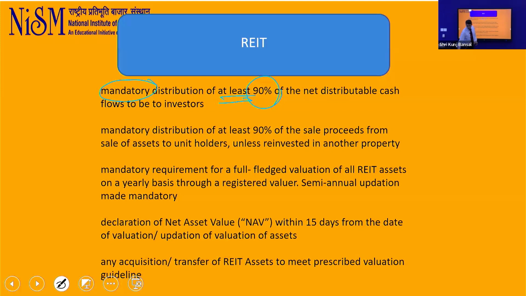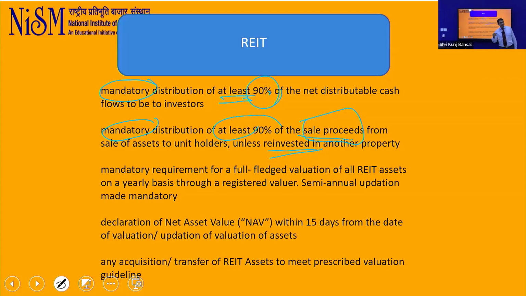Okay, rebuy, new property investment, better assets. Yes, they can do all that, but if they don't have any scheme giving negative returns in REIT, the answer is no. Coming back, if they don't buy a new asset, what is the compulsion on them? Again, just like income, mandatory distribution of at least 90% of the sale proceeds. They have to give it back to you, back to investors. But if they reinvest it, then that is not the case.